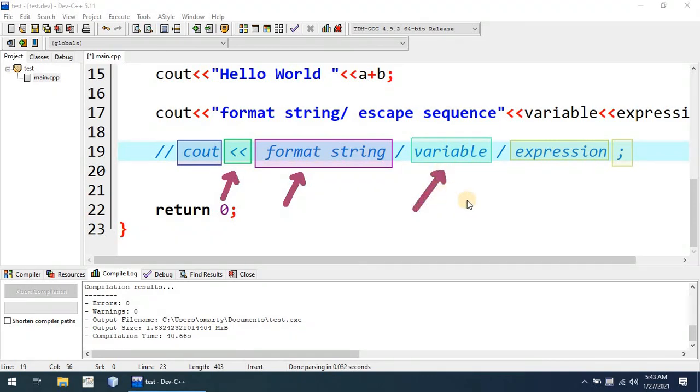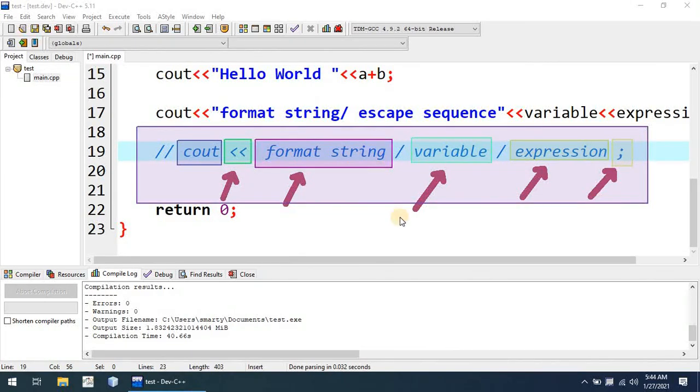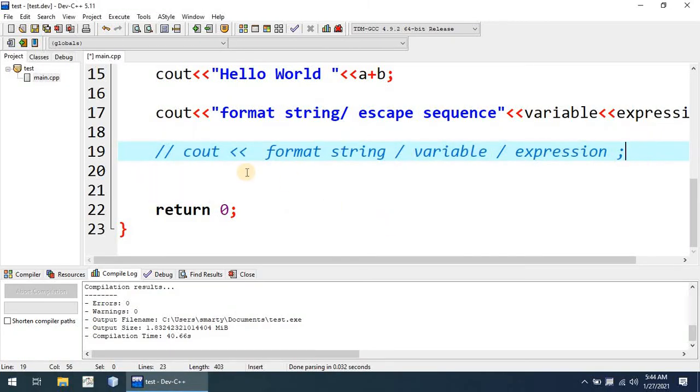Whenever we use a variable with the cout object, the value of the variable will be displayed on the screen, and whenever we use an expression with the cout object, the result of the expression evaluation will be displayed on the screen. It is the syntactical rule to end each and every cout statement with the semicolon. This is the entire analogy of the cout statement that we will use in each and every program.